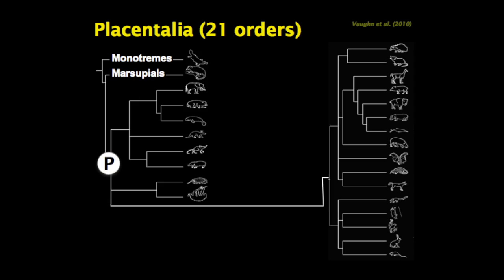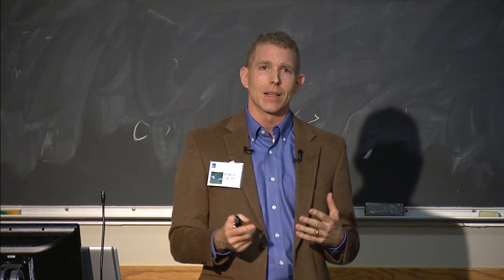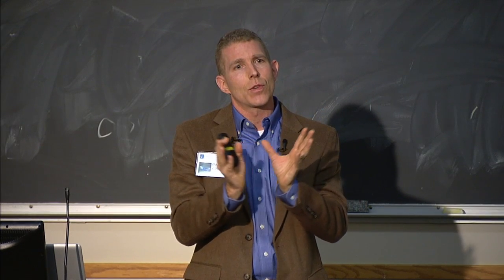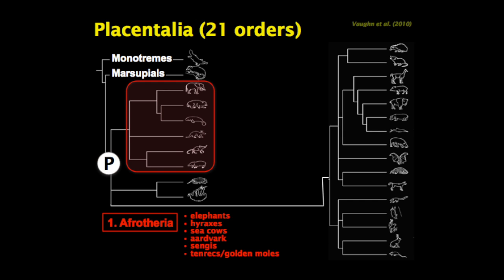Placentals, it's no surprise, they have radiated spectacularly, and they include a staggering 21 different orders. And this is a diagram of how they're all related to one another. We can group them into 4 main groups, and this is based on a variety of different genetic data. When we try to get at these early divergences, it's very difficult with the structure of animals, but sometimes genes can provide some insights. And they tell us that there are really 4 main groups of placental mammals.